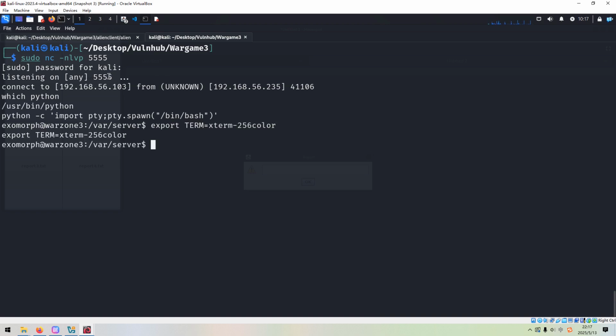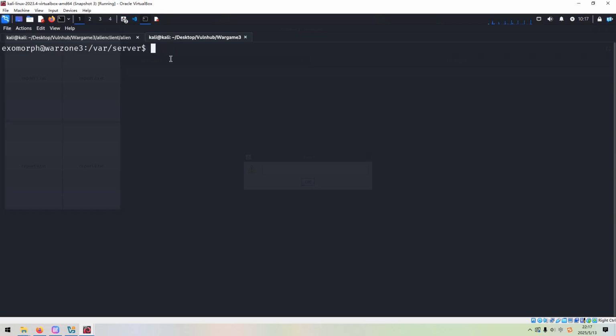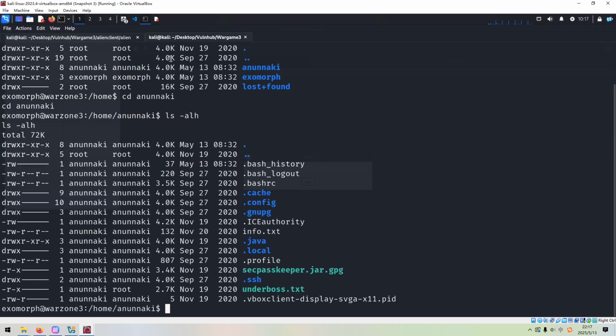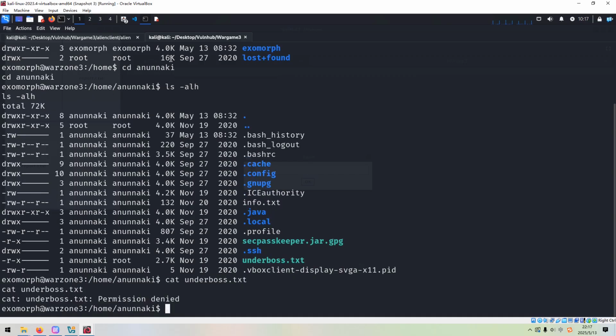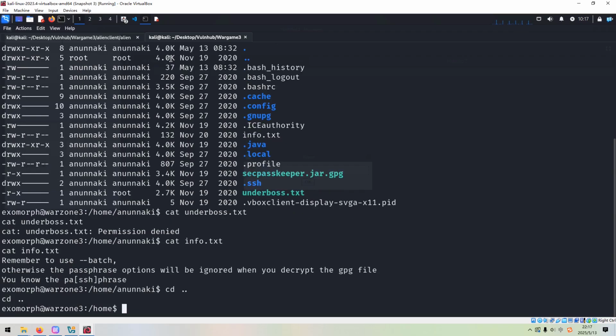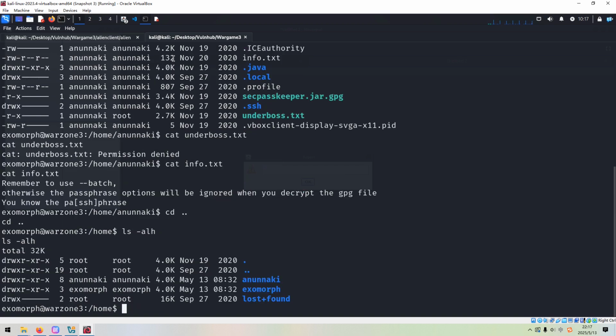So then we can clear the screen. Next, we need to gather information to elevate privilege or make lateral movement. Info, permission denied, info. But I think we need to